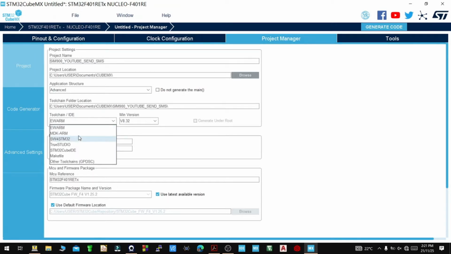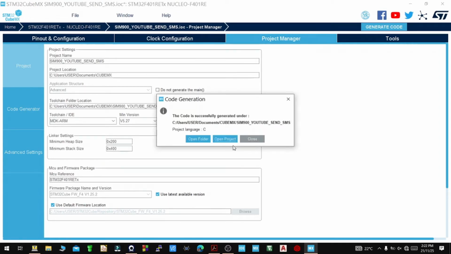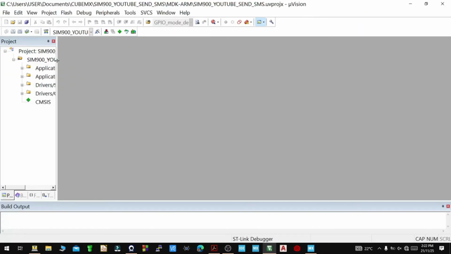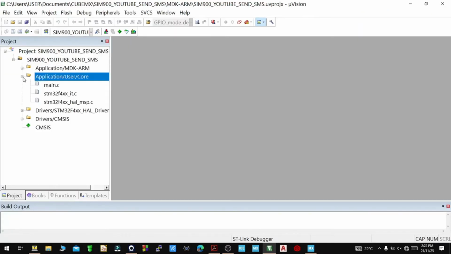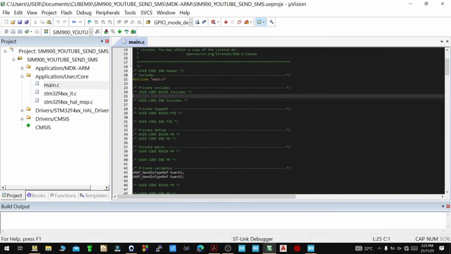So I'll be using Keil uVision. So select MDK-ARM and then we generate project. So after the project is generated successfully, we're going to open project and then we go to application, then open the main.c and we are going to include several header files,